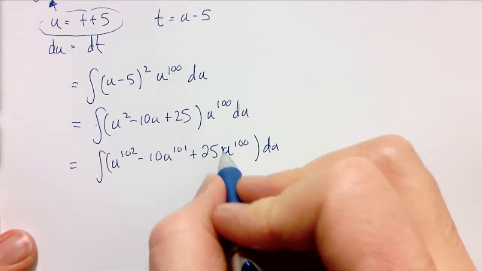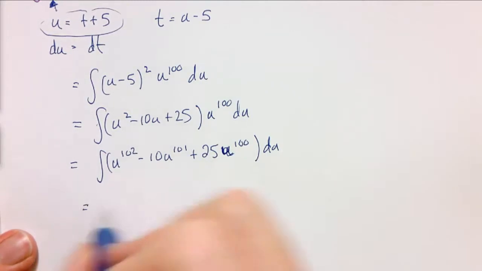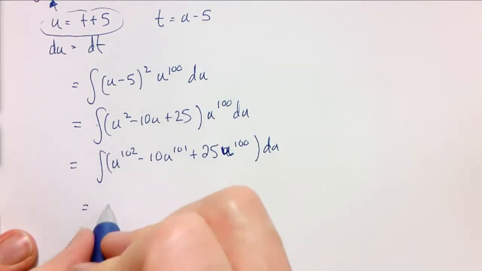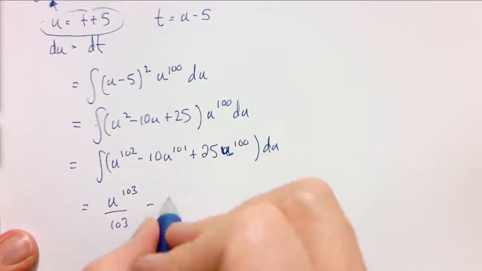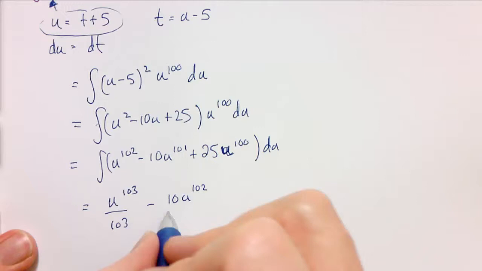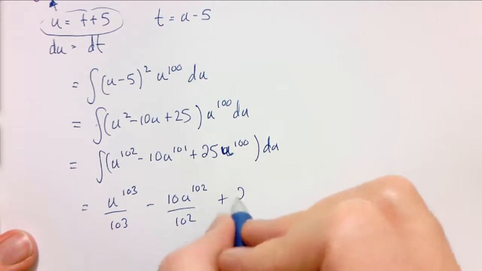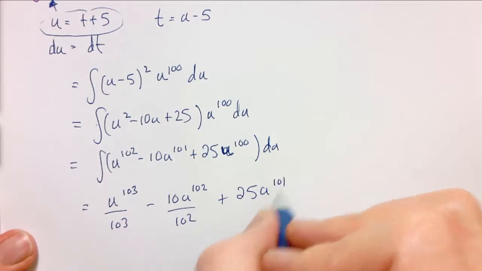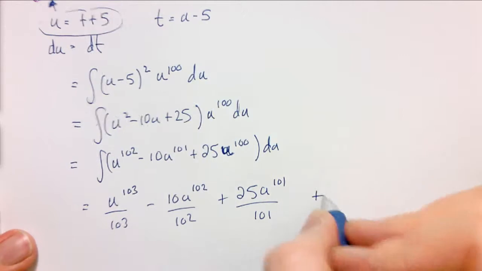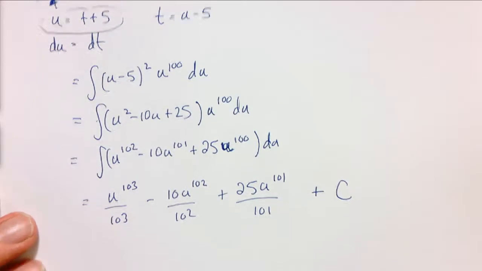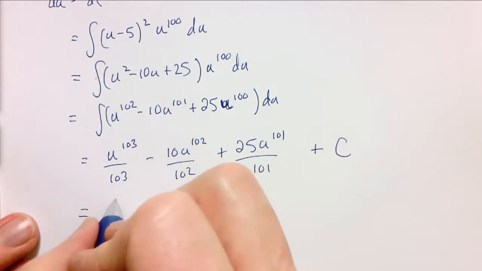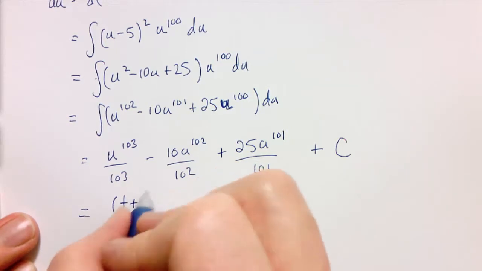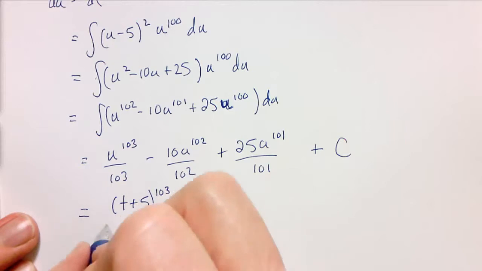So u to the 102 becomes u to the 103 over 103 minus 10u to the 102 over 102. And our last job is to go back to our original variable. In this case, u is equal to t plus 5. So we have t plus 5 to the 103